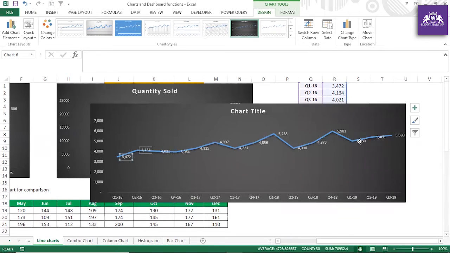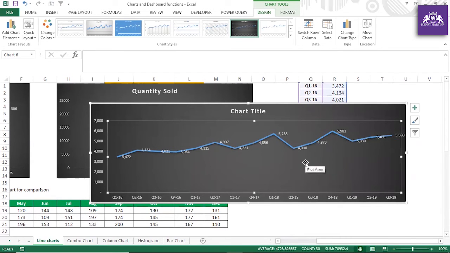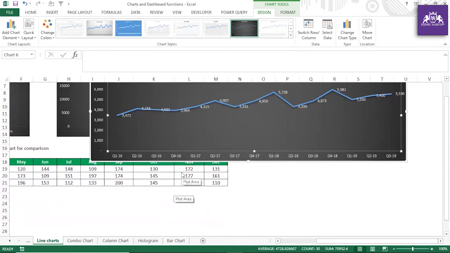If you see this Q2 19, some fluctuation is there, and if you see this Q4, it is on top, and in 19 it did not work as compared to last year. So this kind of insight you can draw from the chart, and this is how you can draw your chart. And Excel has amazing features now, and you can explore more in 2019 Excel and 2016 Excel as much as possible.